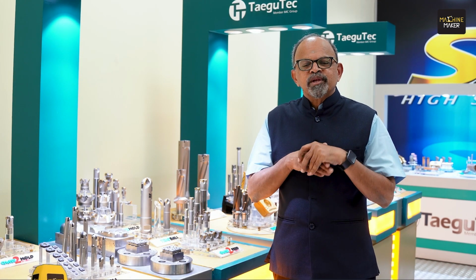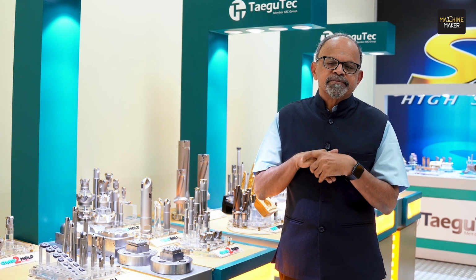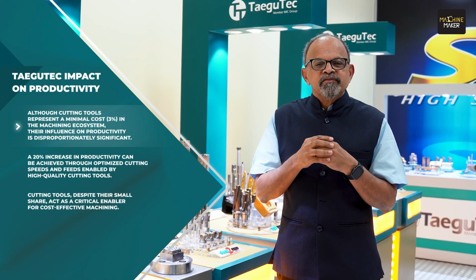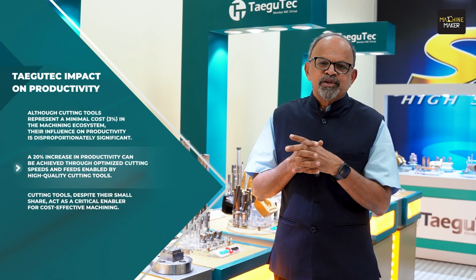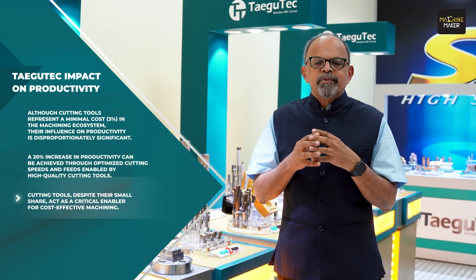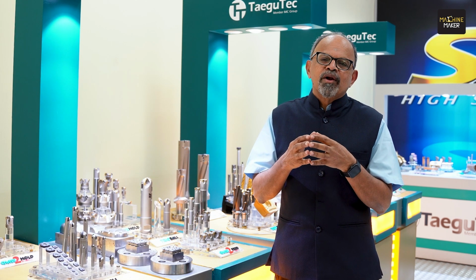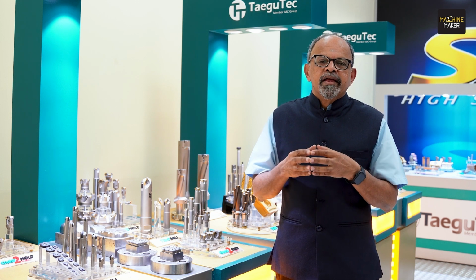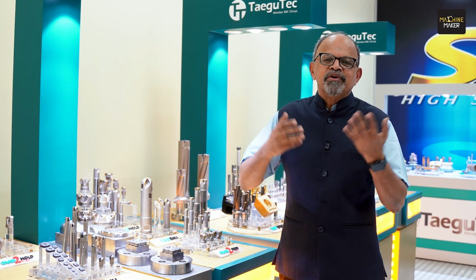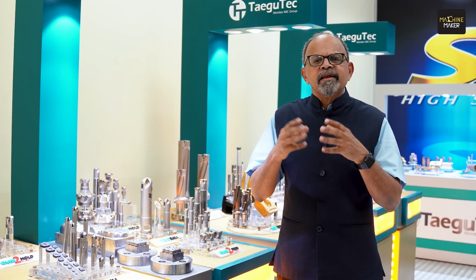Typically, the cutting tool forms only 2% or less of the overall manufacturing cost. But most of the time, this particular element influences the larger manufacturing cost. A well-utilized cutting tool with appropriate technology helps the organization to debottleneck production bottlenecks on the shop floor, and helps companies to improve productivity anywhere from 20% up to even 100%, and significantly improves the